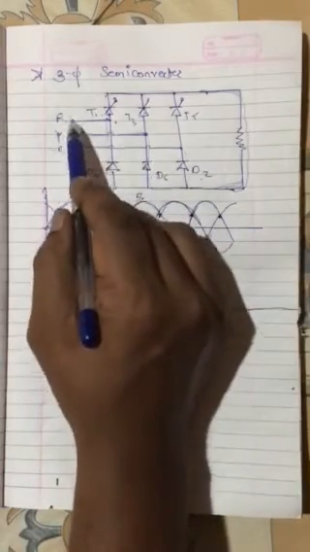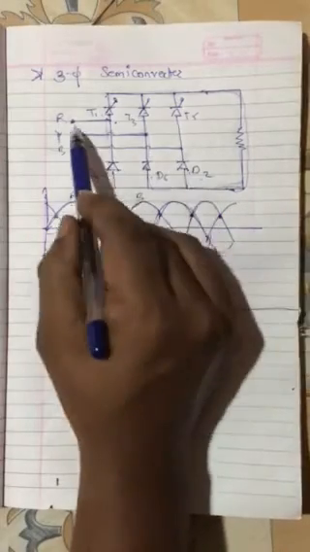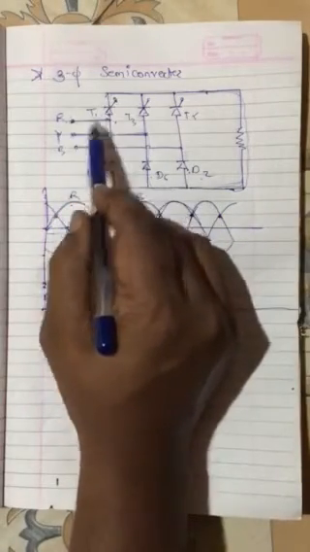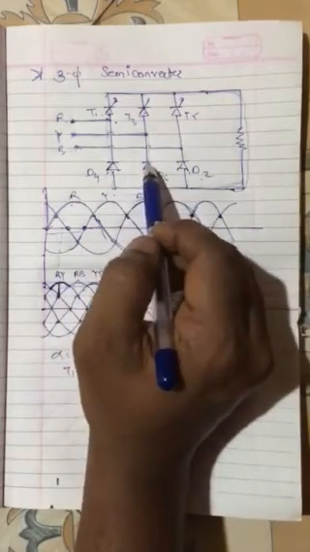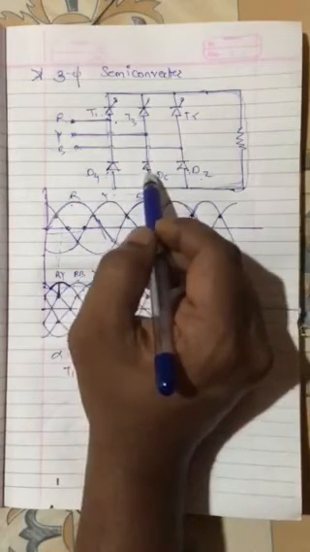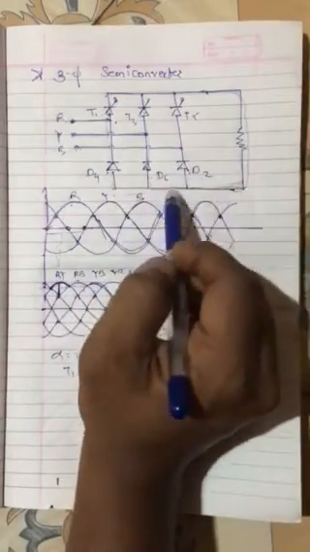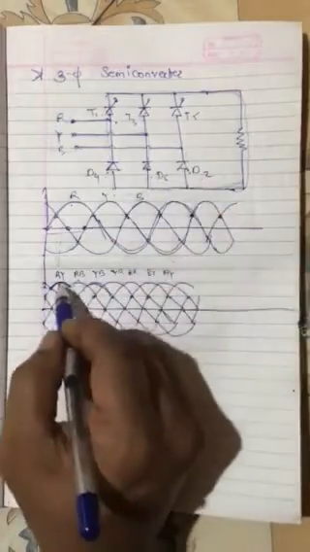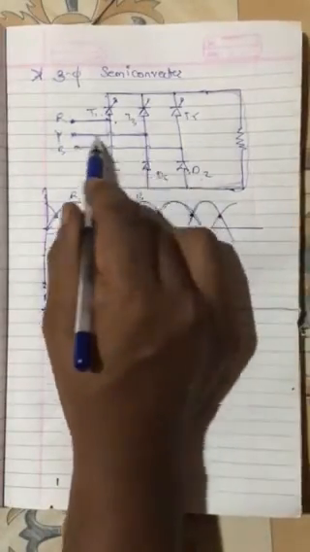And because the RY phase is positive, if RB would be there, then D2 would be positive. So from R we have made T1 positive forward bias by giving a firing pulse. For a diode we need not give a firing pulse; it will automatically turn on when it gets a positive voltage of 0.7 volt. So from R1 it will start like this, and it will check which particular voltage is there, we can say that RY is there. So for RY, D6 will be forward biased and it will complete its path.